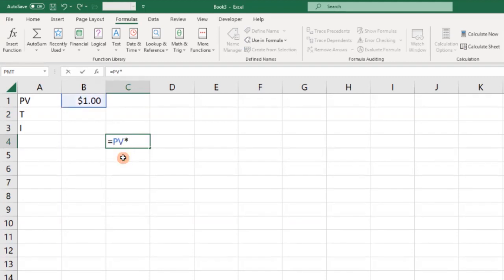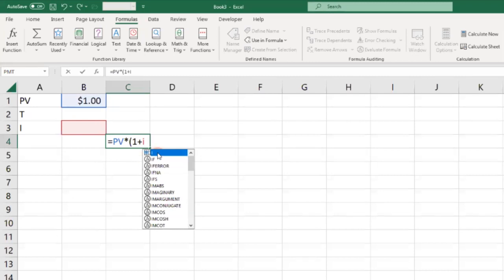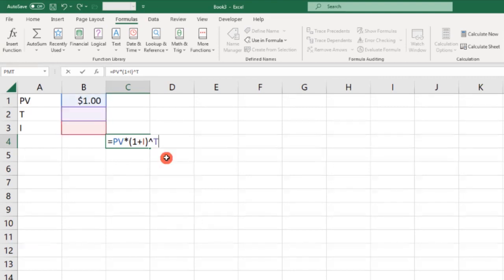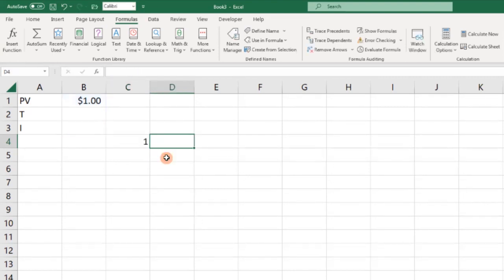I'll type asterisk for multiplication, open parenthesis, 1 plus I is a named range for interest, close parentheses, caret T for exponentiation, to raise 1 plus the interest rate across the period of time. T is a named range, not a function. Then I would press the Tab key on the keyboard to move right,